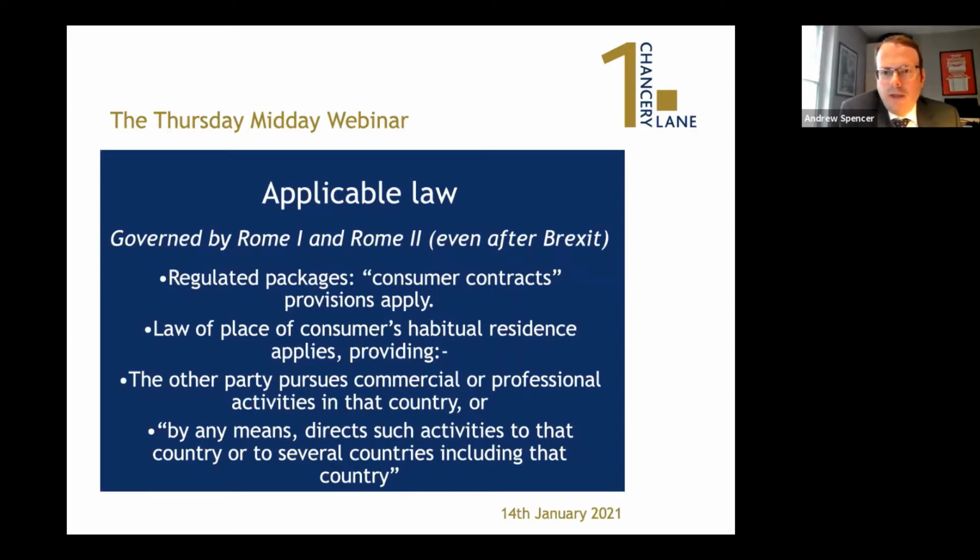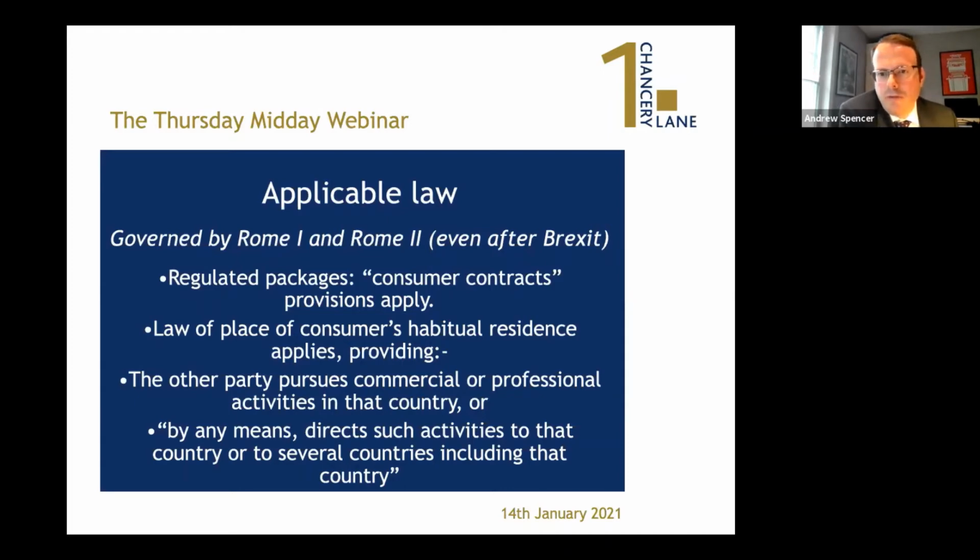So in the case of a package, you may have the other party to the contract being UK domiciled, as I've said. It may be that you have a doctor who comes over and does consultations in England sometimes. I've certainly seen both of those. If that's the case, there'll be no difficulty at all in establishing that. The other issue, though, is that if it's not a package case, you need to be aware that these may possibly not fall in the consumer provisions, depending on precisely what's covered by the contract.